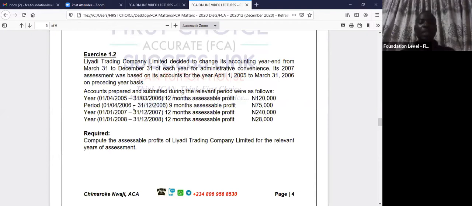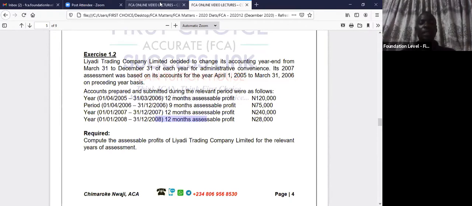So 2007, this basis period also affects 2007. So you will do 2007, this part 2. This is part 1, which he did well. Part 2, he didn't do this one well. This one was supposed to have extended to March to become 2008 year of assessment. But now you do this 2007 again. So that's your year 1. 2008 is year 2. 2009 is year 3.